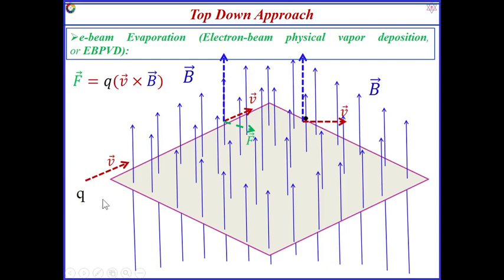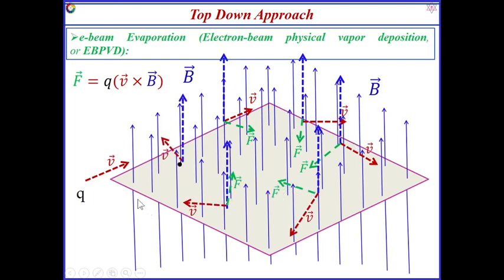If we consider a positive charge particle, and this is the magnetic field direction and this is the velocity direction, then a force will be induced directed this way. Due to this, the positive charge particle moves in a circular path whenever it enters the magnetic field like this. Carefully you have to watch this one.